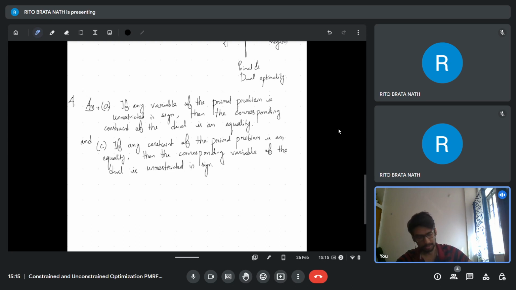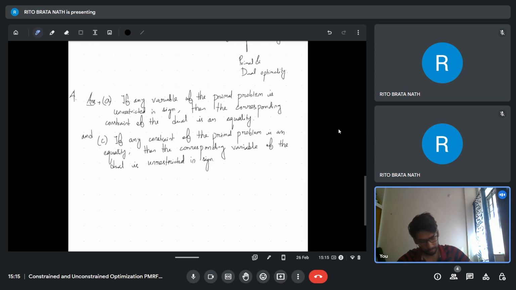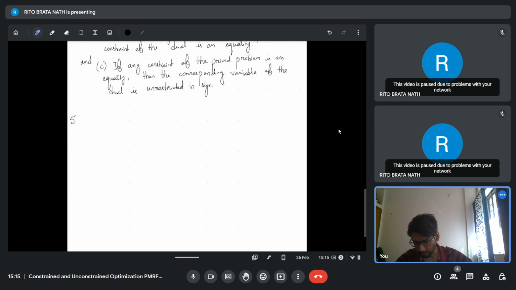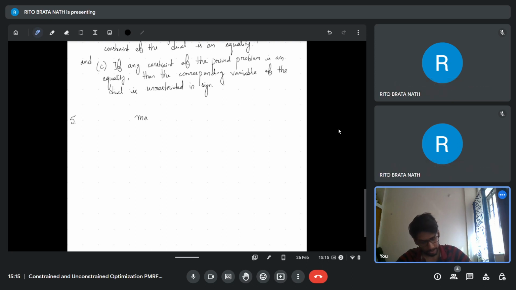Okay, so that's fine. Let's move on to the fifth problem. Given an LPP, you have to formulate the dual of the LPP. The problem is given as max of,